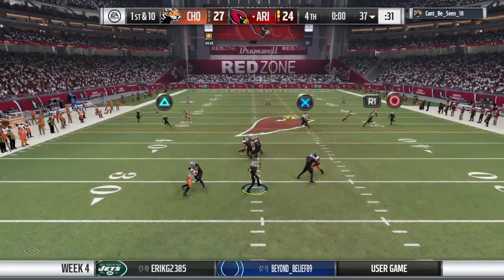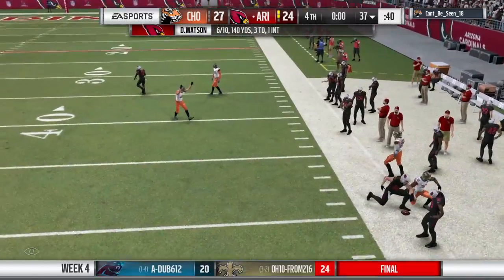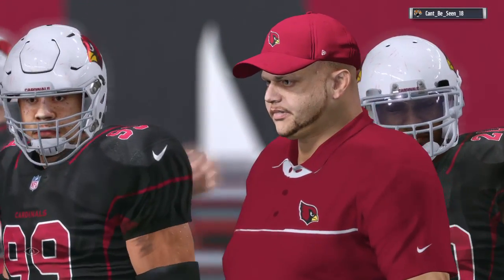Back to throw. And it's incomplete. So their final drive comes up empty. And with that, the ball game